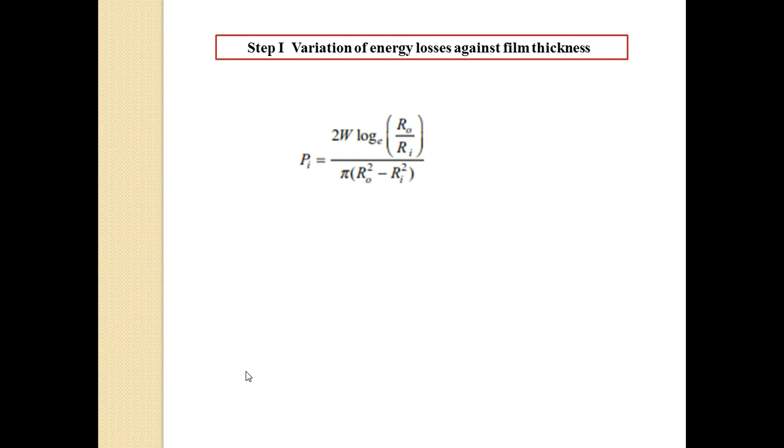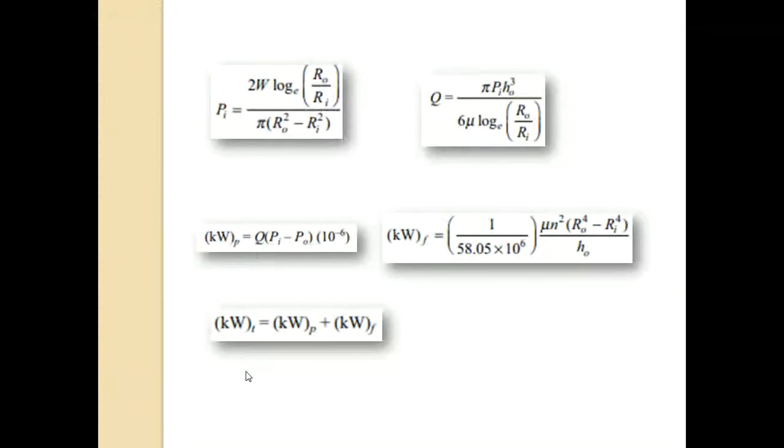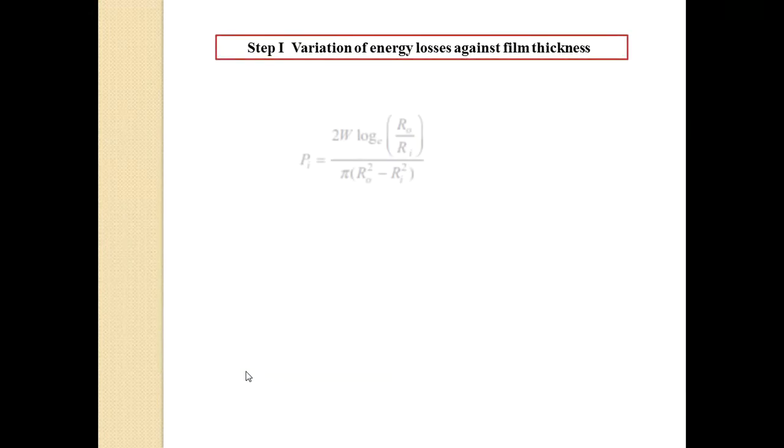So Pi is equal to, we know the formula. I have written the formula here. While solving any problem, the first thing is to write down the formulas associated with the numerical. Suppose the finding is the film thickness, h naught. Related to this film thickness, whatever formulas are there, write them down on one page while solving any problem. Now see here, Pi is equal to 2 times W log to the base e Rho divided by Ri, whole term divided by pi into bracket Rho square minus Ri square.